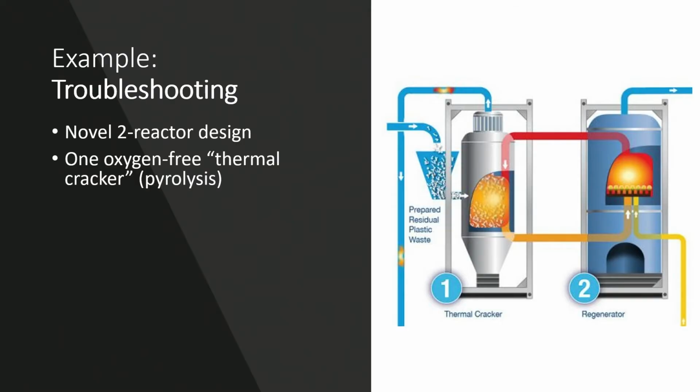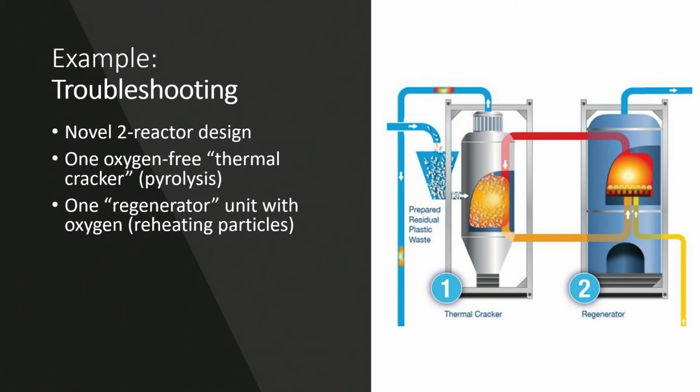So the system that RT use, it's a novel system. One of the really cool things about it is this two-reactor system where you have the thermal cracker, which we described here, but this is an oxygen-free environment, so it's quite hard to find a way to keep this hot. So what we do is we have a regenerator here, which is not an oxygen-free environment. We burn some hydrocarbon gases to heat up the particles that heat the bed, to then pump them through into the thermal cracker unit. And of course, it has some problems, because you've got one oxygen-free environment and you've got